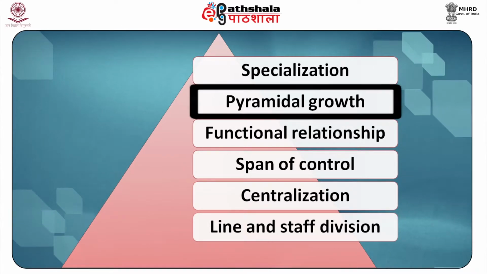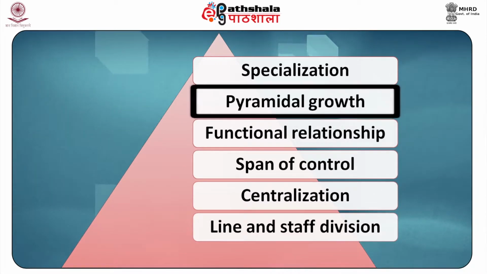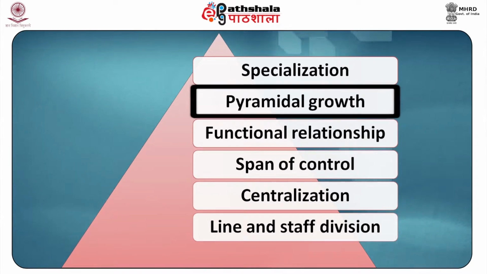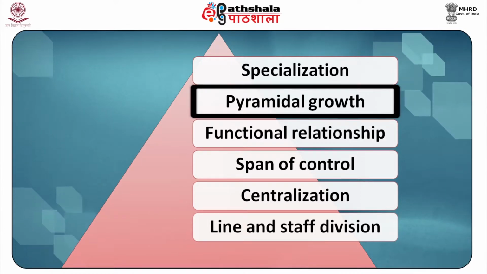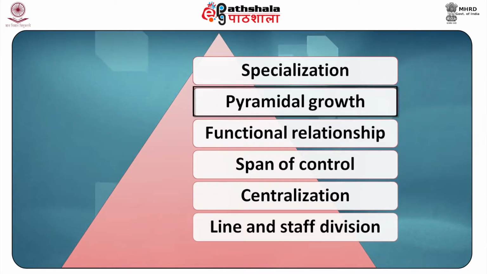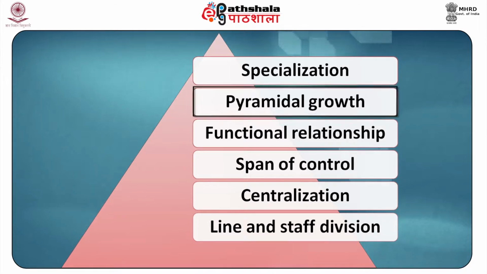Whenever a new product is added or a new market is targeted, the organization's functional structure expands both horizontally as well as vertically. This means that the growth in a functional structure is a process of horizontal and vertical elaboration. When a new product is introduced, it increases the work of all the departments in an organization. All the departments like marketing, production, finance, and personnel are affected by it. Hence, the organization expands both vertically as well as horizontally.